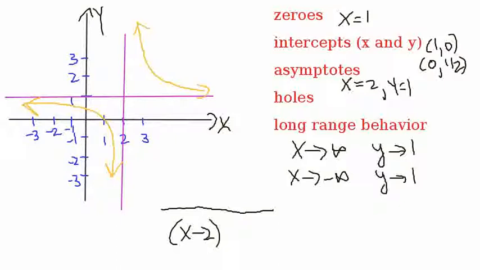Now for the top, one way to get a 0 at x equal to 1 is if when we factored it, we had an x minus 1 on top. All right? Now, we don't have holes, so we don't need to worry about that. Let's see. So we've taken care of the 0. We've taken care of at least the vertical asymptote. So let me put a check there. We don't have any holes, so we're good there. And we took care of the